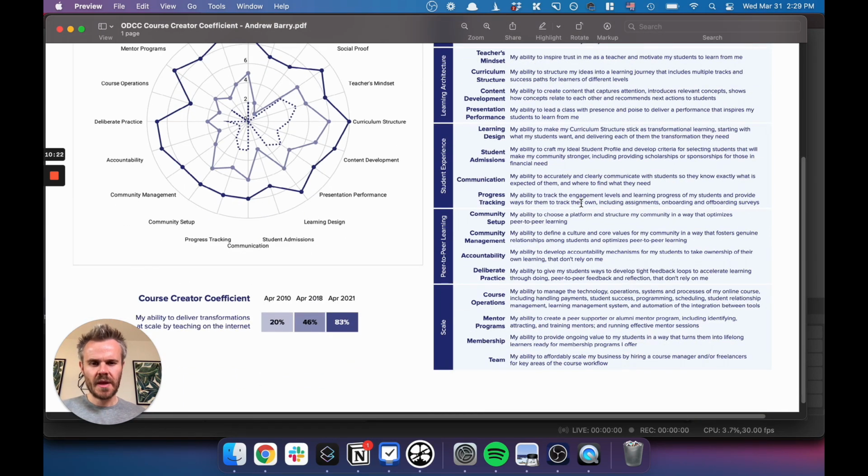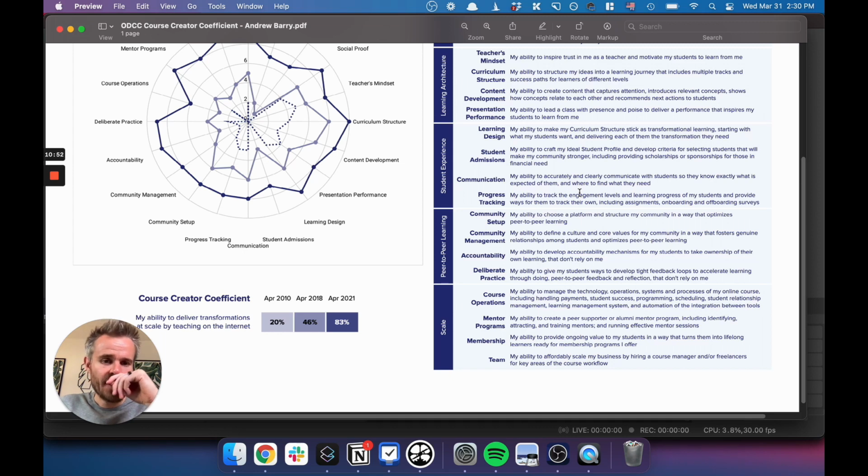Student experience is all about thinking about it from the student's perspective. So here we switch, and it does overlap a little bit with some of the learning architecture pieces, but learning design is all about making your curriculum structure stick. So once you've got your curriculum, you've developed the content assets, how do we design them in a way that makes that learning stick? And here's where we really get into transformation and the 3 Ps that I talk about, and all of those good things.